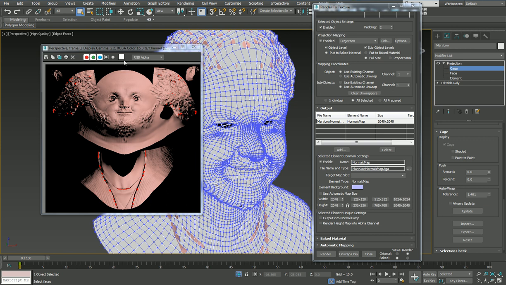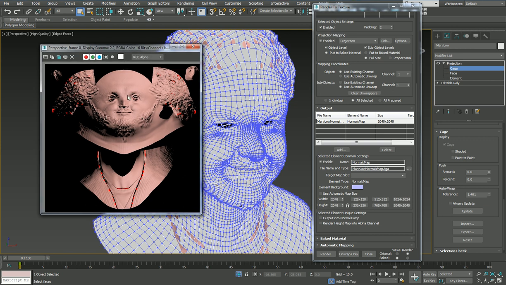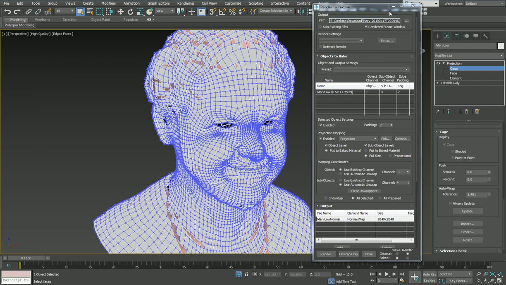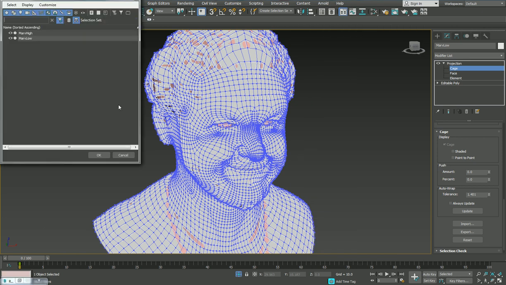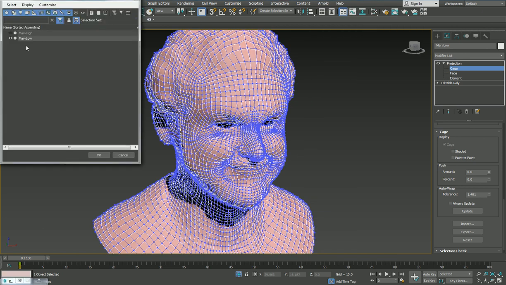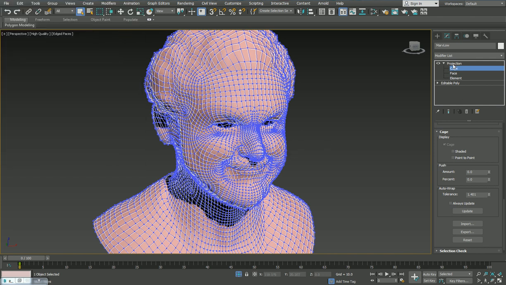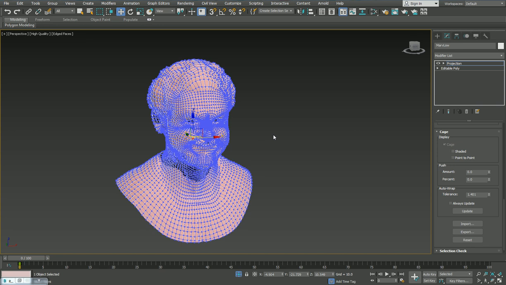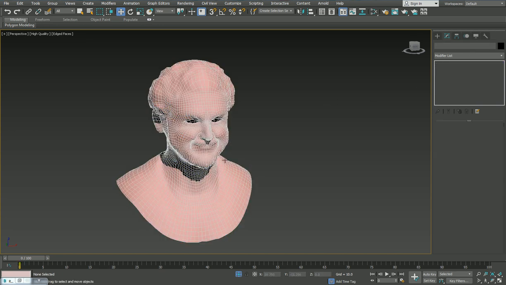So that's what it looks like when it kicks it out in 3ds Max, but the actual file is saved where you told it to up here. Okay, so obviously that's not a normal map, but there is one saved there. So we'll close that. I'm going to hide my high poly, and I want just the low for a moment. I can turn off the cage, I don't need to look at it anymore. Okay, so here's my low poly asset,